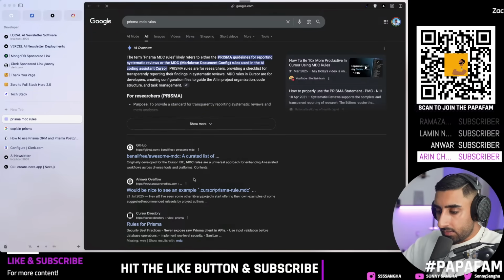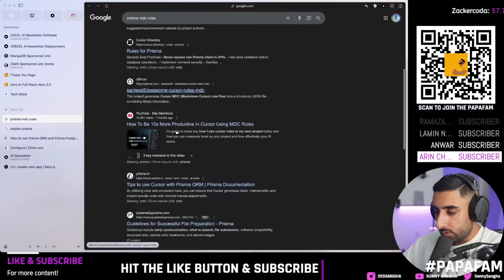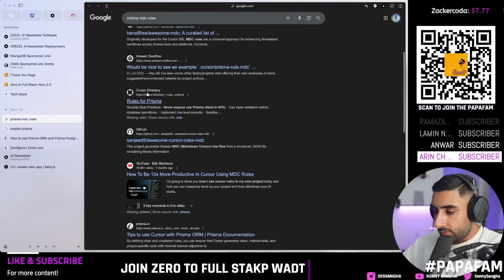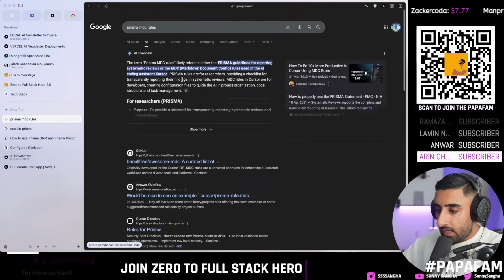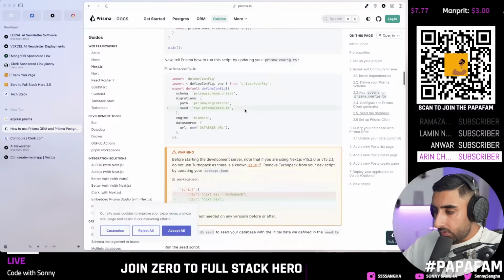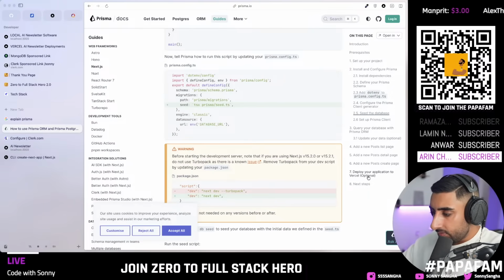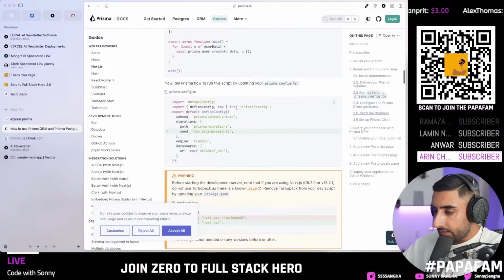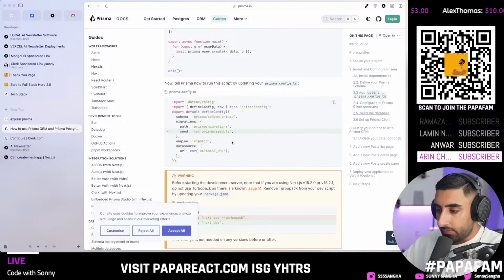What you'll find is you've got a bunch of examples here. You've got a bunch of things, awesome Cursor rules. There's loads of different ones you can do. I honestly can't remember where I found mine. It could have been somewhere here, but effectively, you can also do this, guys, by the way, for the Prisma